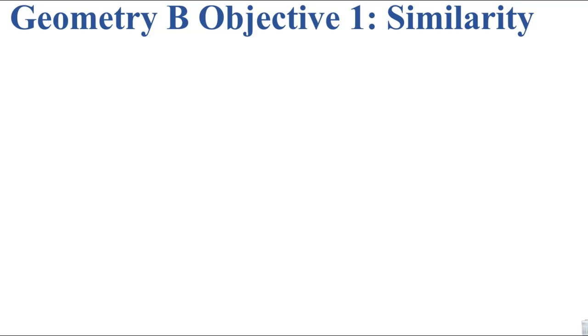All right, hello everybody. Today we're looking at Objective 1 for our Geometry B review. And the topic for Objective 1 is similarity. Okay, in geometry, similarity is the idea of we have two figures that are different sizes but still the same